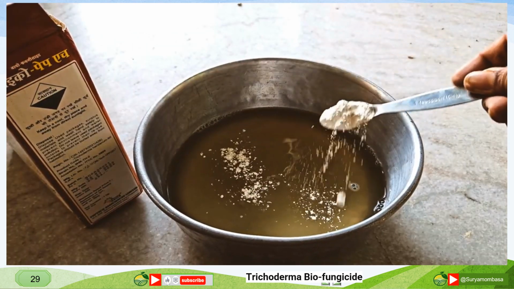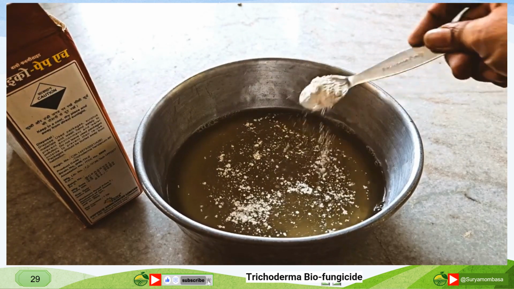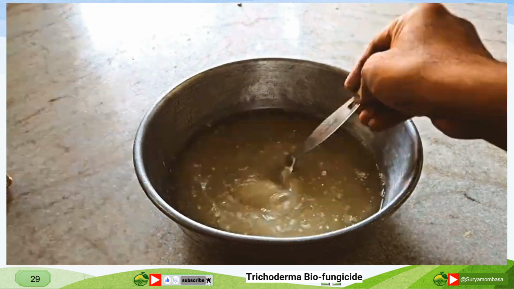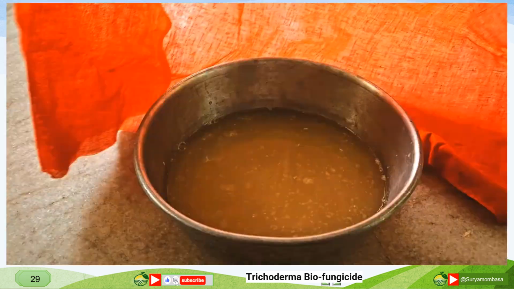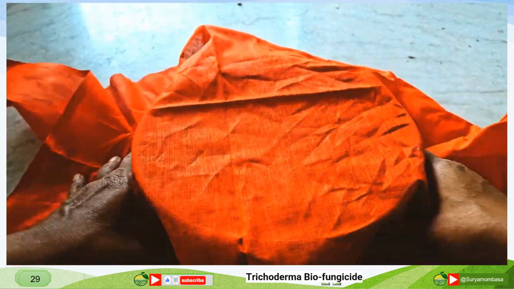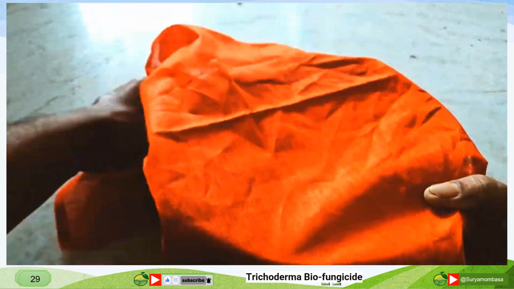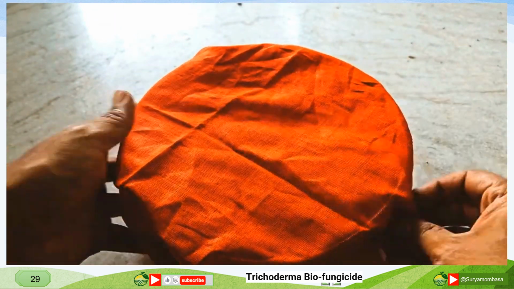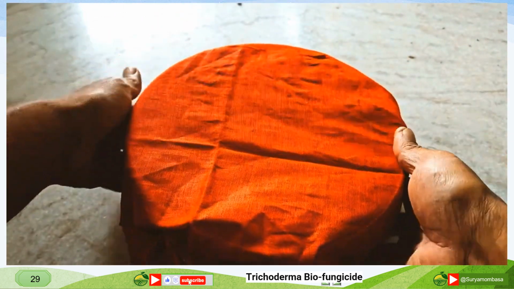Finally, add 25 grams of trichoderma powder in it. Even this small amount of fungi can multiply exponentially within days. Thoroughly mix the ingredients and cover the container with a breathable cloth to allow proper air or oxygen circulation. This oxygen is vital for fungus growth. Store the mixture in a dark and cool area of a room for 4 to 7 days.